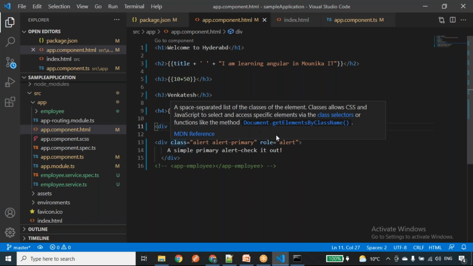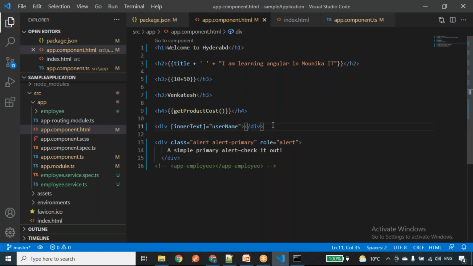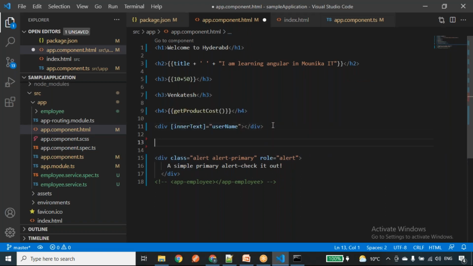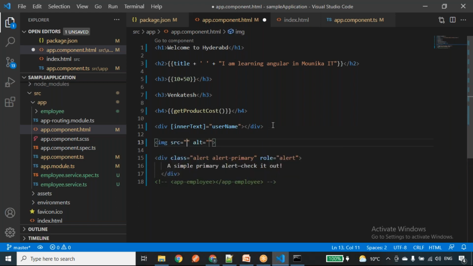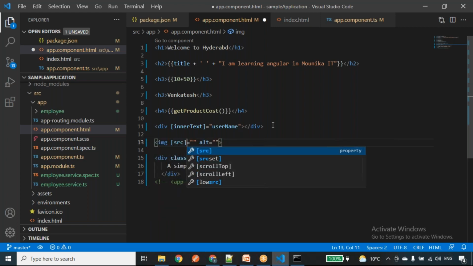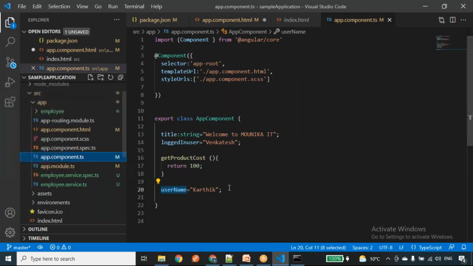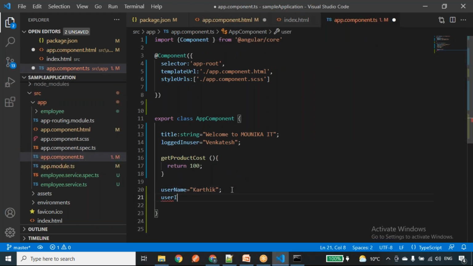This is one way, and now we can do this one also. For example, I want to print one image. I just want to show one image in the web page. So I can do it like this also. I can use the src property, and I'll define the image URL inside the component: user image URL.